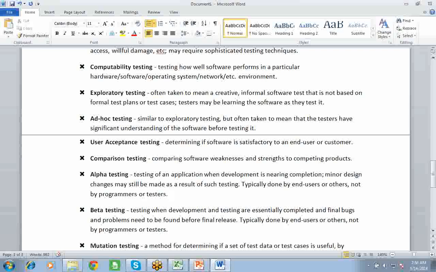That's what they are saying here. Minor design changes, minor, not maximum. Small changes, like maybe the client is not satisfied, or the client has a request to do some changes. Yes, you can do it. Okay. And beta testing means